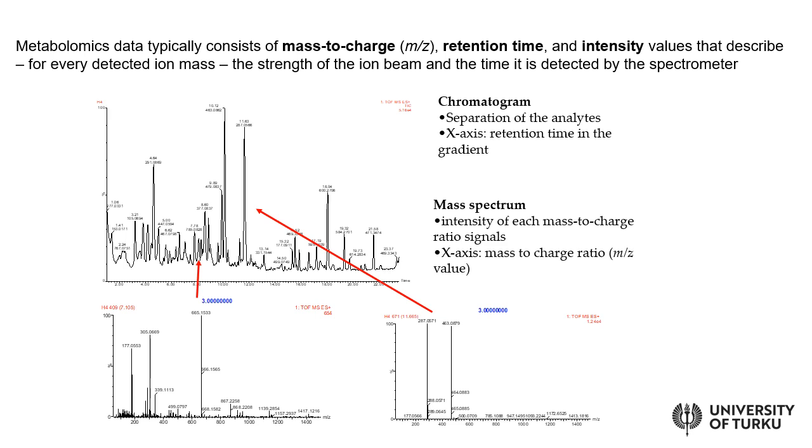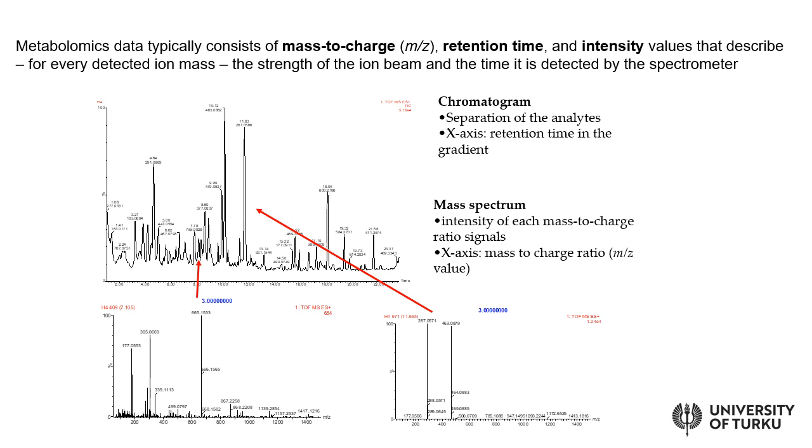This you will also be doing during the lab work of the course, so that you have the chromatogram, and when you click any location in the chromatogram, you can open the spectrum. And the spectrum shows all the ions that are eluting at that particular time. In the chromatogram, the x-axis is the retention time, when each of these signals came out, and when you click on any particular retention time, you can open the spectrum.